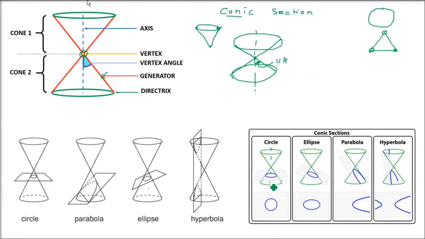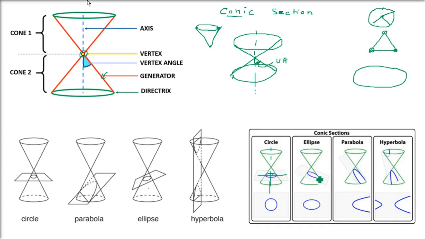Just cut this. So this is the axis, and the plane which is cutting this cone is perpendicular. That is, the angle between these two is pi by 2. So a circle is what? Circle is a point which is moving such that its distance from one point always remains the same. Now just start tilting that plane. Some tilting, then again tilting, then again tilting. So you just tilt it, it will be an ellipse. Now tilt it more.